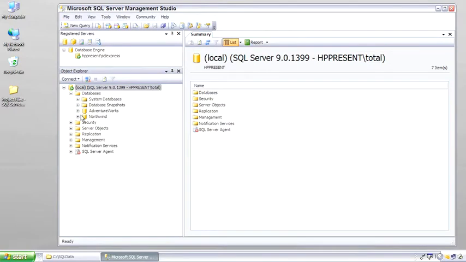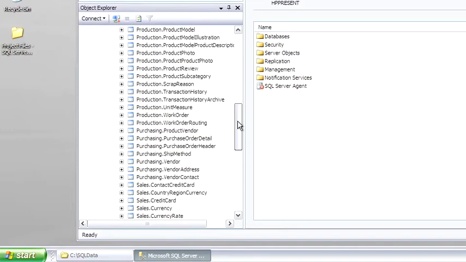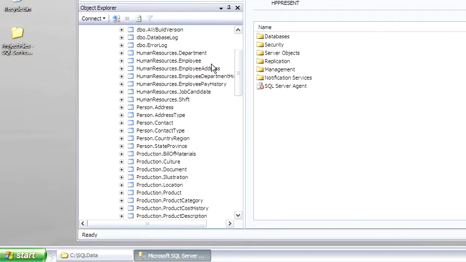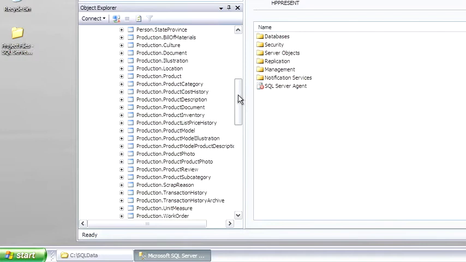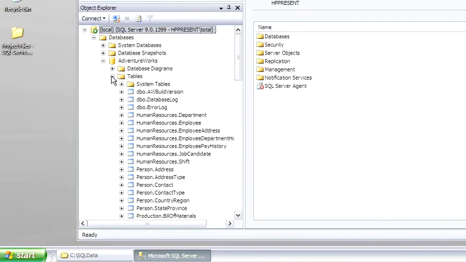Opening the databases, AdventureWorks tables. You notice that there's several tables here. Each one is categorized by a different schema. Here's the human resources schema, the person schema, the production schema. The problem with AdventureWorks is that it is highly normalized, almost over-normalized in some opinions. The benefit of AdventureWorks is that there's lots of data, so it's good for testing larger processes and indexes and